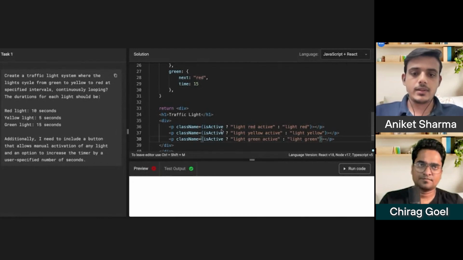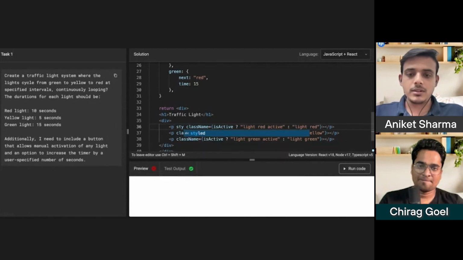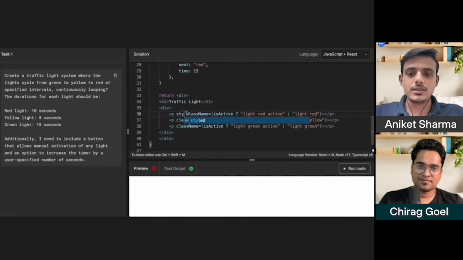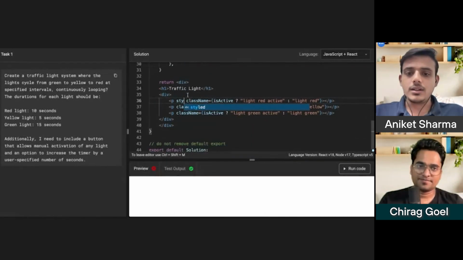Now, am I allowed to write the inline styling, right? I think you are allowed. Fine, we can do that.